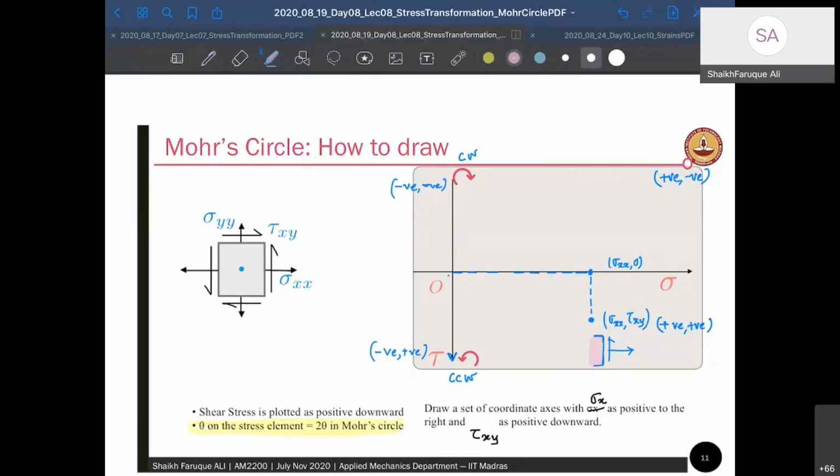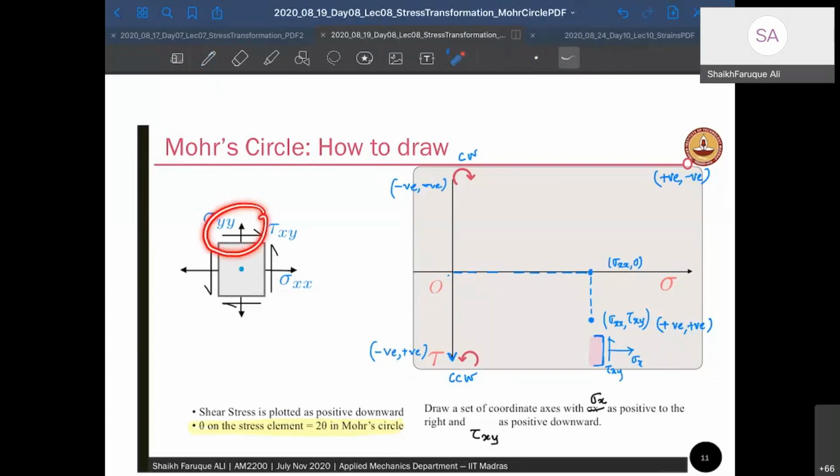Right? So this is the representation of that point. This is sigma x, tau x point. This point. All right, any doubt here? Okay. Right, so that's your sigma xx point drawn. Now let us draw